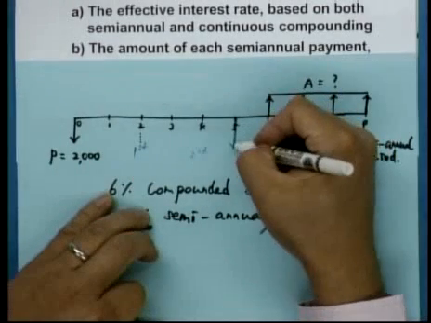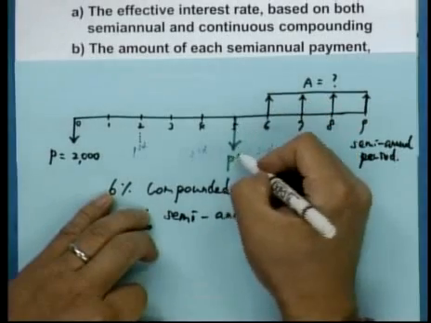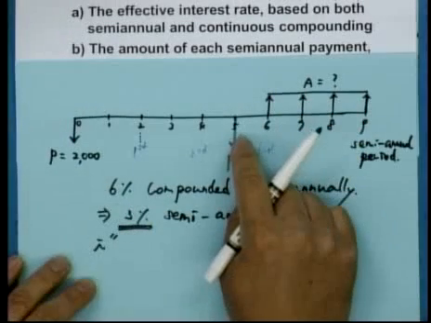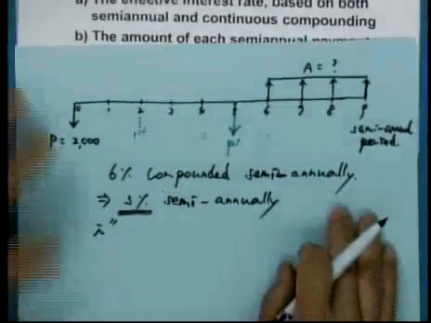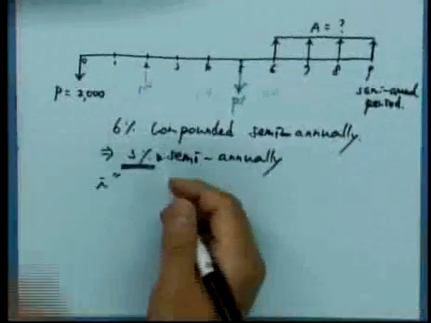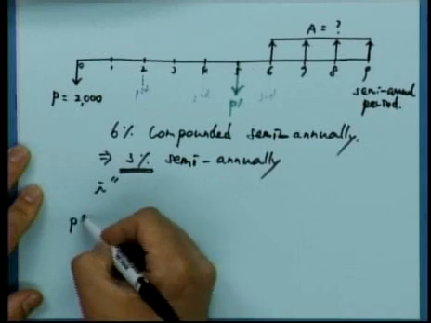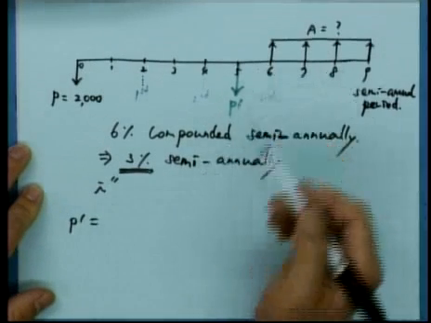Let's say P prime at the end of period 5. Then how to get this P prime? The P prime equals